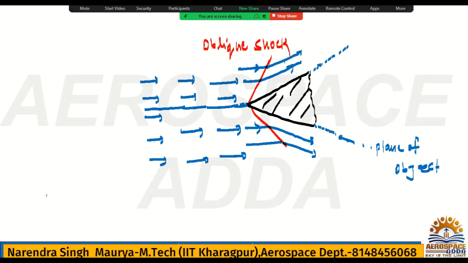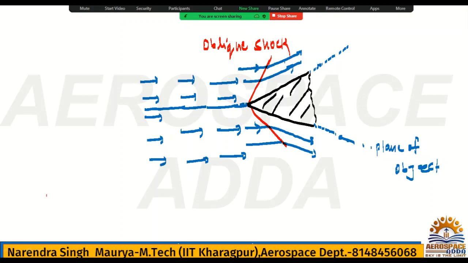So this is all about the oblique shock, and how that shock is formed, why the shock is forming. It is just like a normal shock. In normal shock I explained there is the rebounding of the air or fluid particles, and those rebounding particles collide with the upcoming fluid particles. Hence, in front of the object one thin surface is created because of the collision of the particles, and it is called normal shock. The same thing will happen here also, with only one difference: now the object is not perpendicular